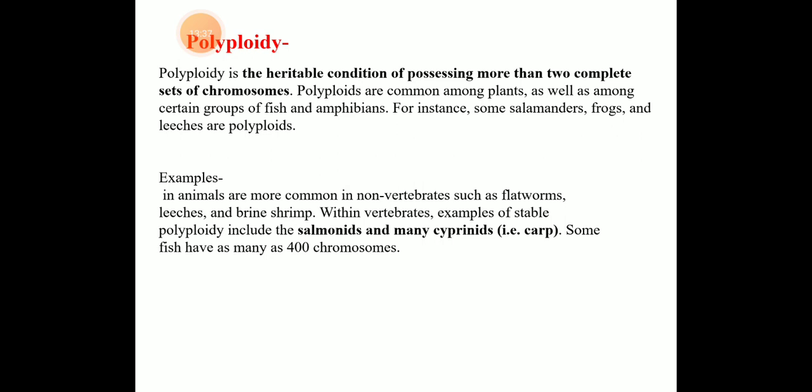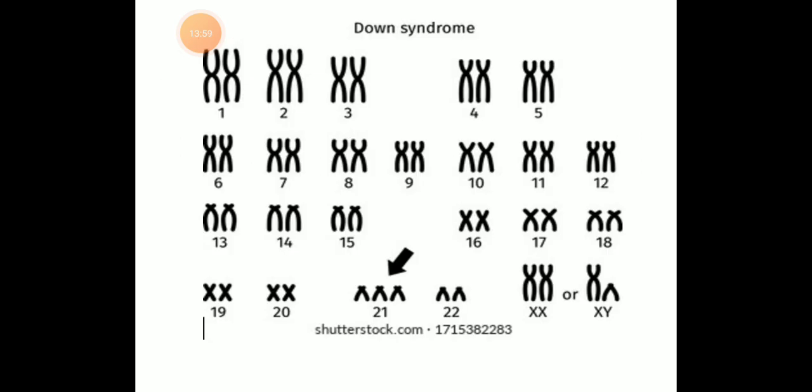A chromosome number that is a multiple of the haploid number of 23, other than the diploid number, is 69. This is the example, 69. True polyploidy rarely occurs in humans, although it occurs in some tissues, especially in the liver. So this is all about aneuploidy and polyploidy. Down syndrome is the best example of this aneuploidy condition.